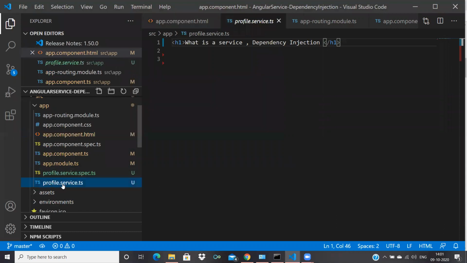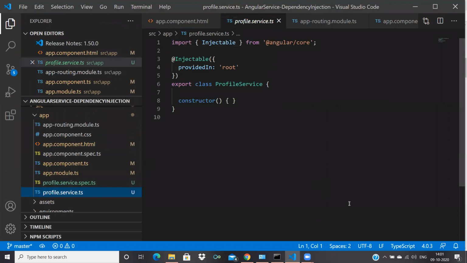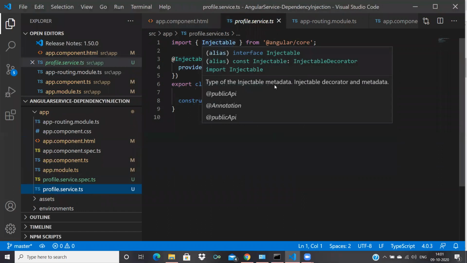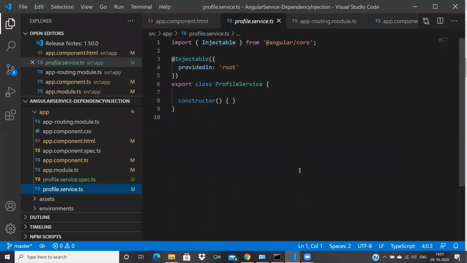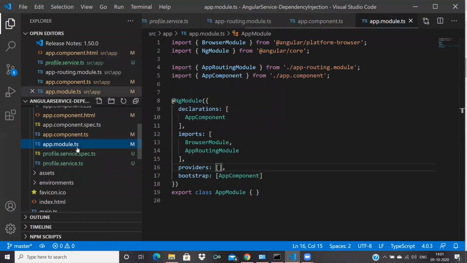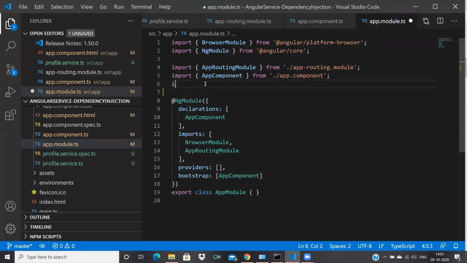Okay, we'll use this. Now in this service, it automatically generated this line of code: import Injectable from Angular core. Okay, we want to use Injectable for a service. We want to inject it in any other component when we want. Okay, now for using the service, we want to import it here in module.ts.